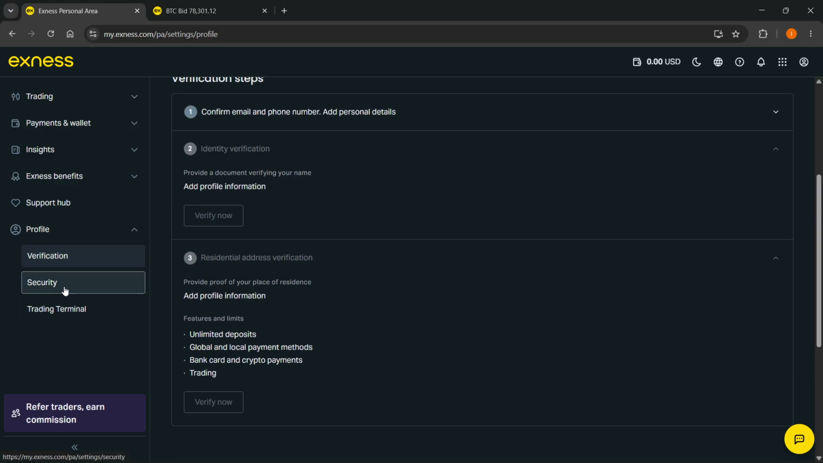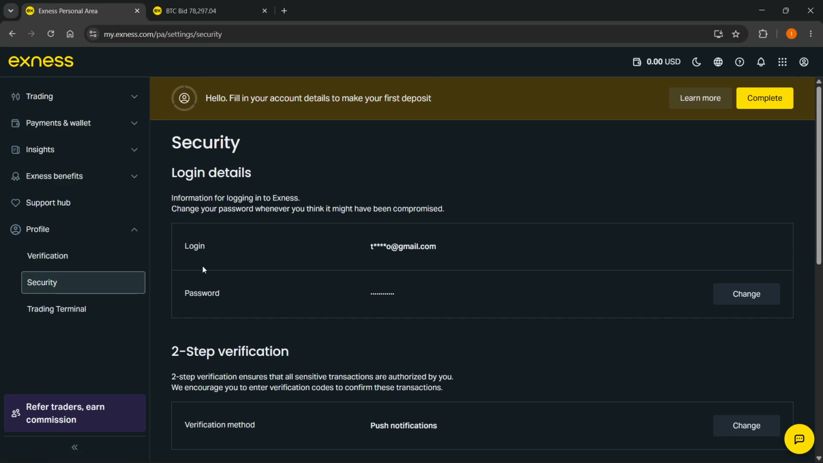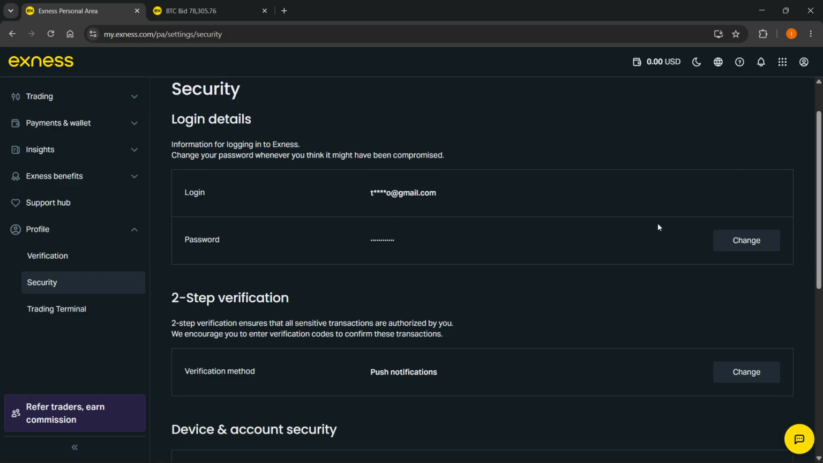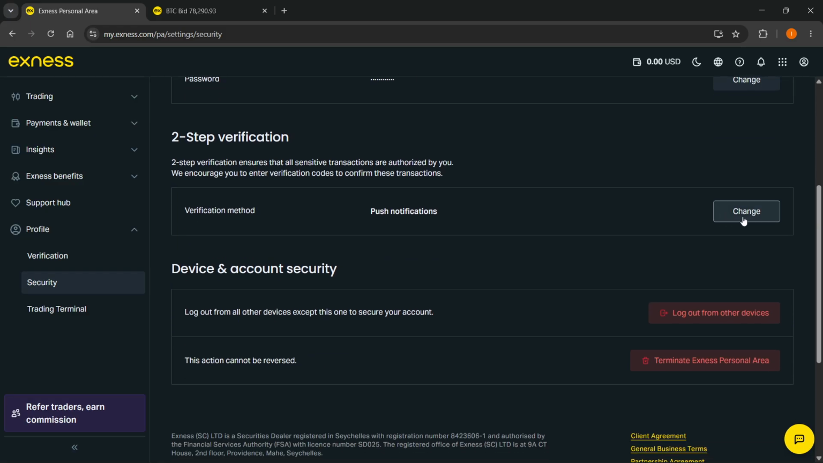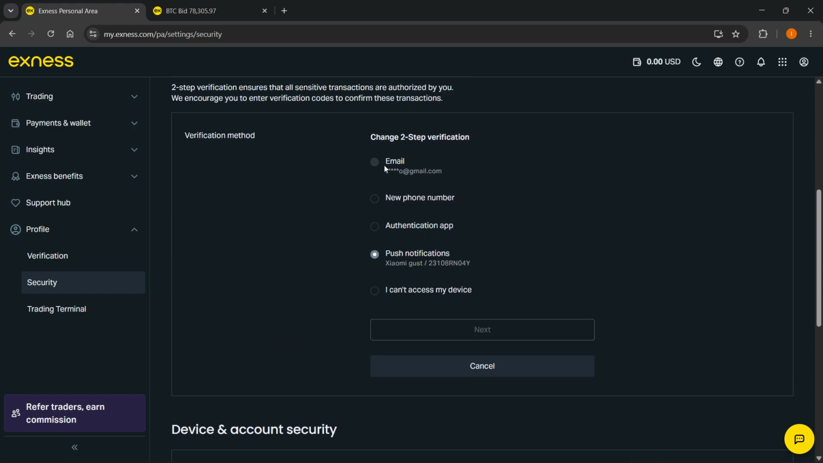And then here you have security. Inside security, you can see your login details, such as your email and password, which you can also change. You can change the two-step verification, otherwise known as 2FA. You can set this to be email, new phone number, or an authentication app, which is basically like Google Authenticator or something